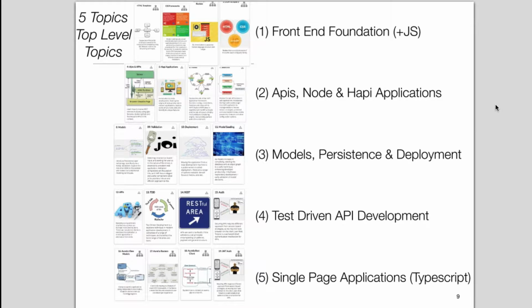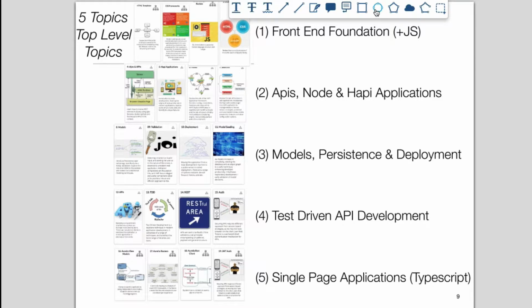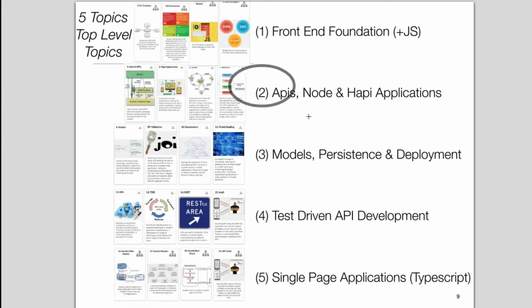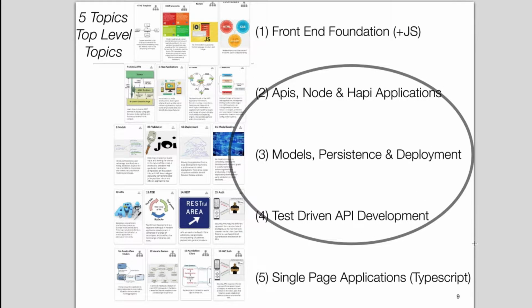There are 5 major topics in these blocks here: front-end foundation, APIs, Node and Hapi applications, models, persistence and deployment, test-driven development and single-page applications. I will be on site to deliver these topics.